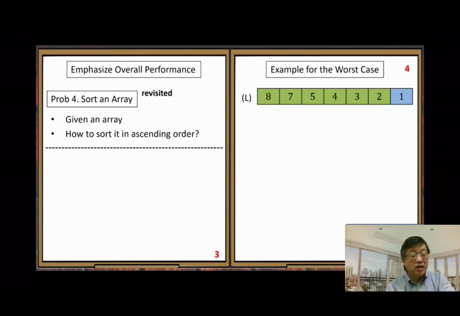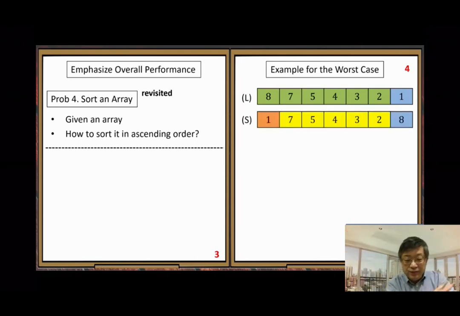So we can call it the L case because only L region, right? After the partition step, we have L region elements except the pivot element. Then when we do another partition step, you can see we get